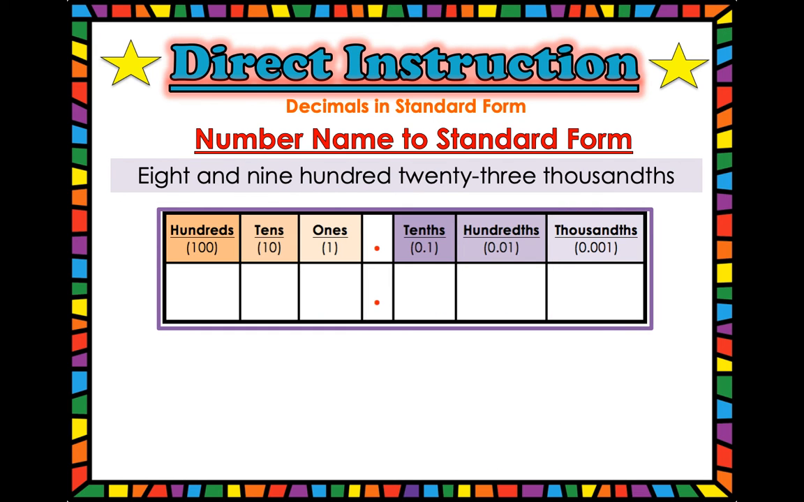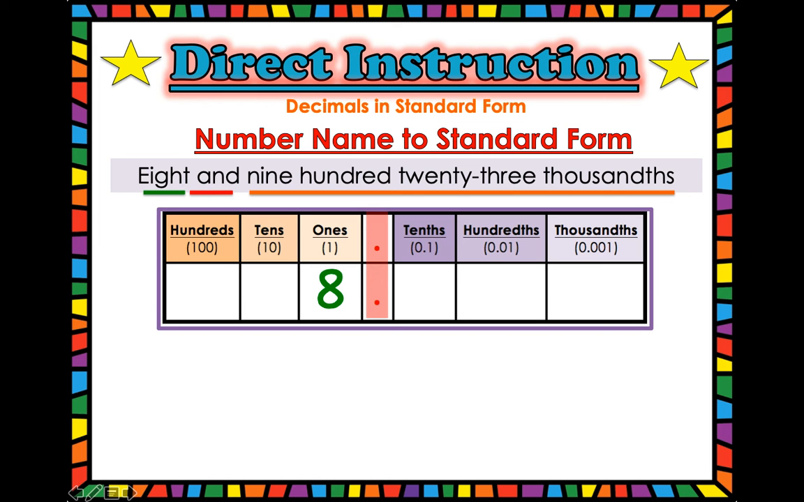Okay, so we have 8 and 923 thousandths. The 8 is going to go in the ones place. Okay, that part is easy. You guys know that. The "and" is the decimal. Now we have the thousandths. So this shows us that this number in the place value chart is going to end right here in